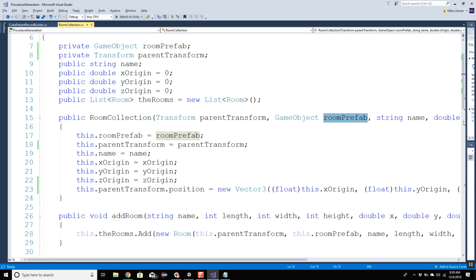Now, we know that in that JSON, because we had it stored as private, we are not storing our transform or our game object, correct? We know those are not getting stored in there. So we then know that this constructor for room collection is not getting called. This version of room collection is never being called. What's actually being called